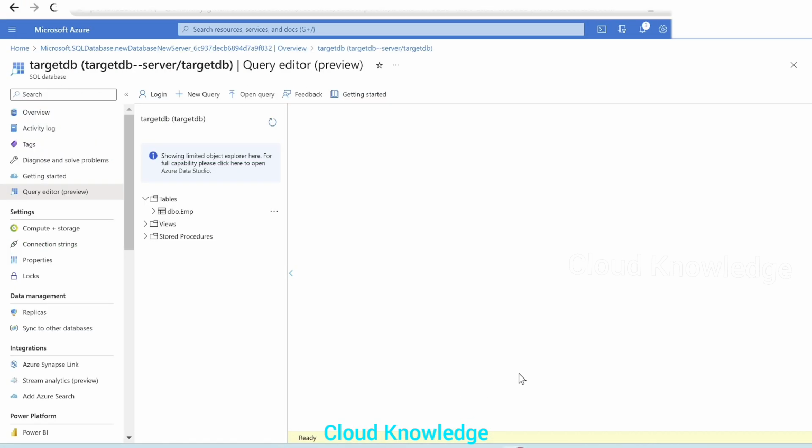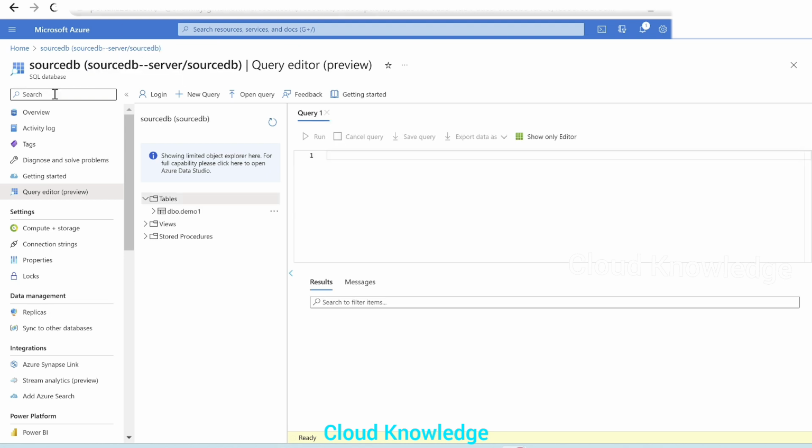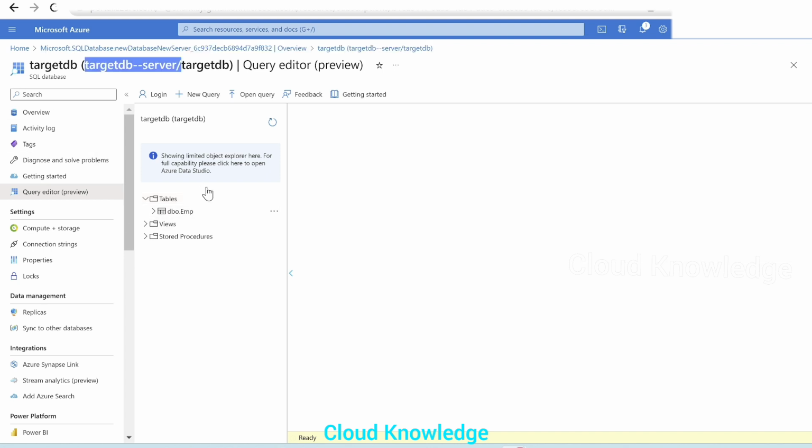So let's go to the portal. Here I've already created the target DB, or the destination DB, with the server name as target DB server. And here we have source DB with the server name as source DB server. In the source we have one table, demo1, and in the target we have the employee table.